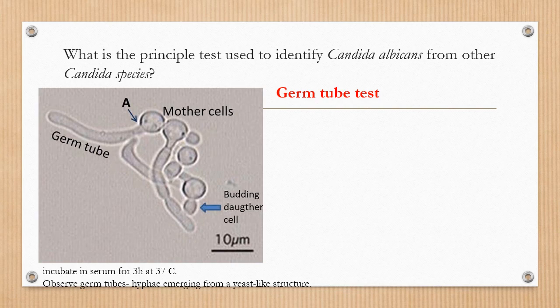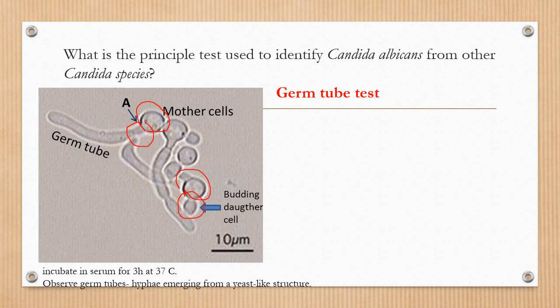I'll show you in a minute. So let me use the pen. You will be able to see that this is the mother cell here, and there is some germination coming out. So there is narrowing of the growth, and there is a long tube. We call it germ tube. You can see also here budding yeast, which is a daughter cell that is coming out of the original mother cell. And this is very typical of the species Candida albicans.